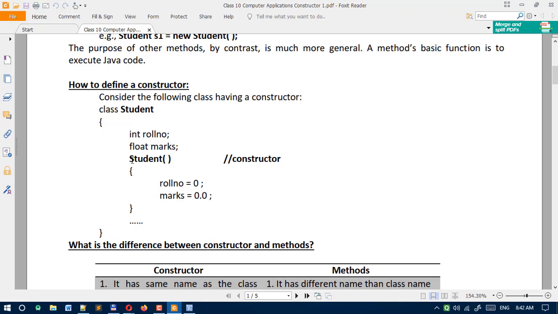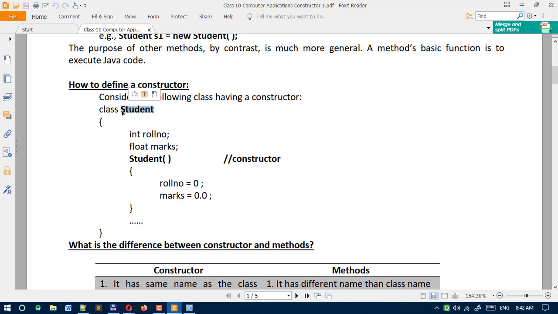Next thing here you can see again we have defined Student with bracket. One thing you have to keep in mind, here Student with bracket means this is a function, but it is a special function whose name is the same as the class name.